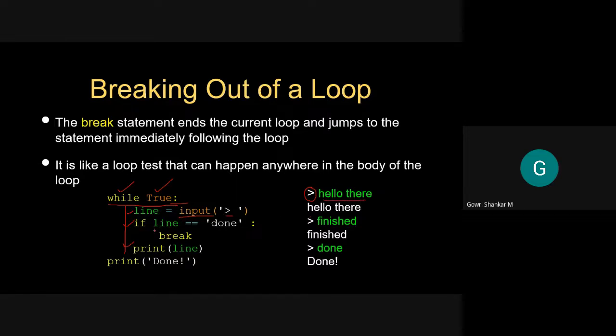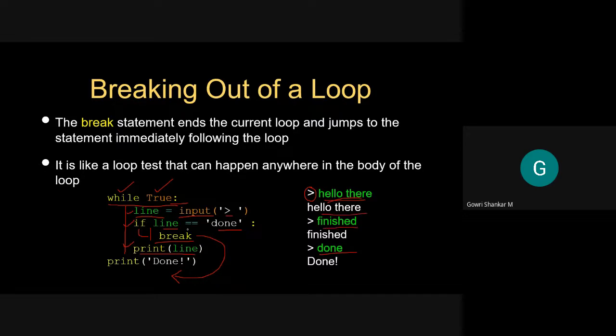Then we check whether the string that has been entered is equal to done. If it is done, we use a break. So if whatever the user has typed is equal to done, then we use a break here. Now break will make the loop come out of this while loop. As soon as we encounter this break, it comes out. Suppose done is not there, suppose the user has typed hello there, then what will happen? This condition will fail and it will not go inside this. This is present inside this loop, and it will go and print whatever the user has typed. So it will print hello there.